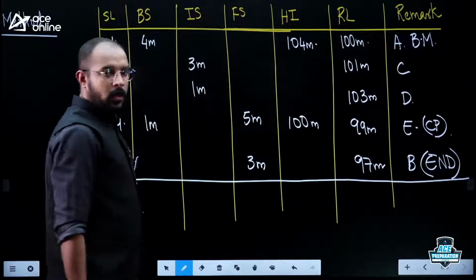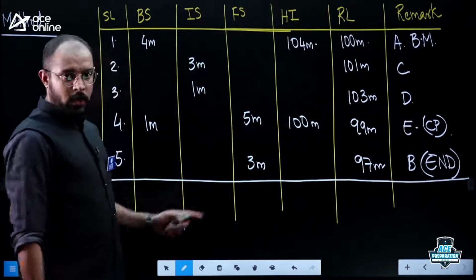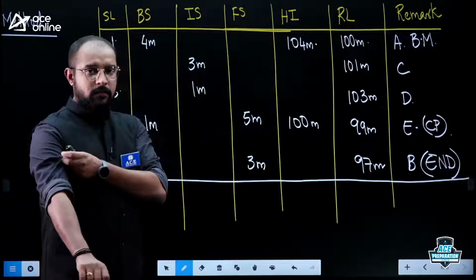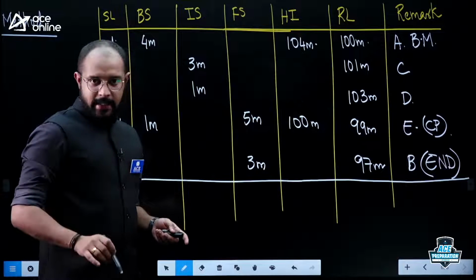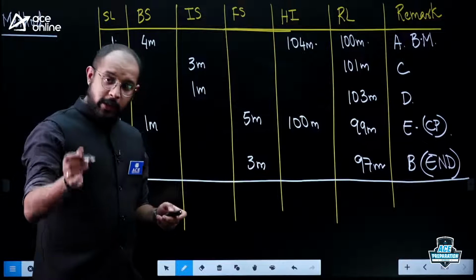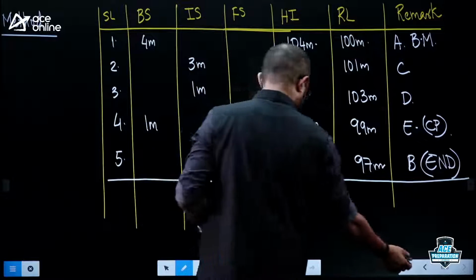Now, am I getting the same values as before? Yes or no? Is this correct? You cannot say. Rather, you should not say. What should you do? You need to apply the arithmetic check. Then only should you say whether your calculation is correct or not.